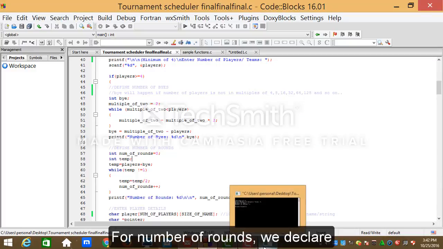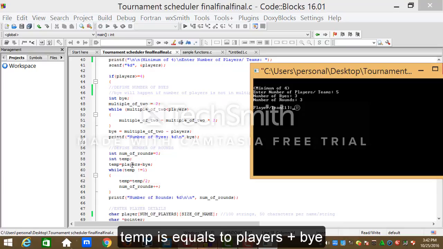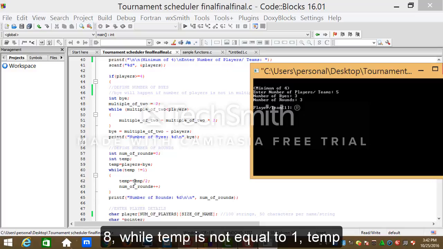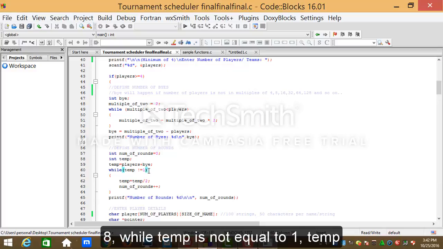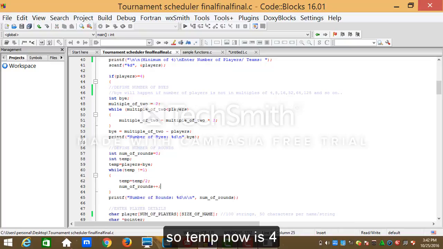For the number of rounds, we declare number of rounds, initially 0. N is equal to players plus bye. Players is 5 plus bye, which is now 3. So N is 8. While N is not equal to 1, N will be divided by 2. 8 divided by 2, so N now is 4.